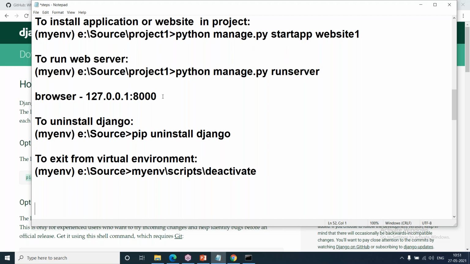See, 8000 is the port number. The port number is the memory location where the client and server will communicate. Client means browser, server means web server. So the browser and web server will communicate, and then a request is sent and a response is received. When you take web servers, database servers, application servers, all work with a port number. If you want to work with web servers, database servers or application servers, clients will communicate with a port number only.